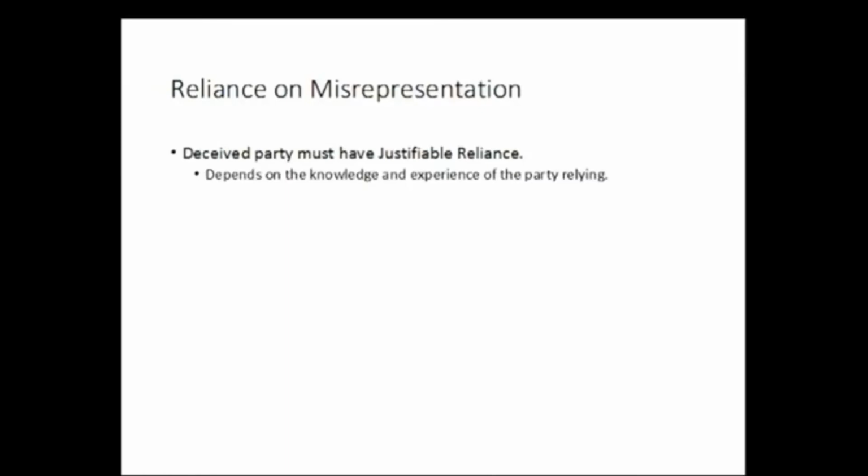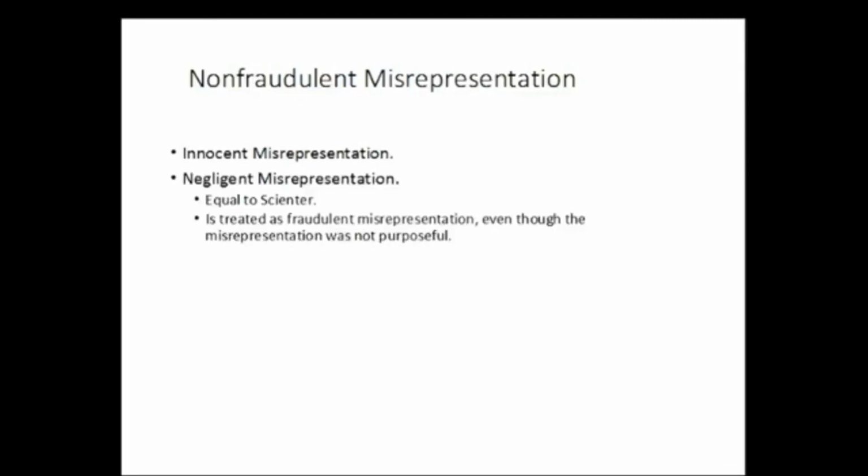Next, you have the intent to deceive. And scienter is the fancy name for intent to deceive. And this is where a party has knowledge of a fact is not as stated, but stays silent about it, or the party makes a reckless statement without regard for the truth, or the party implies the statement is based on personal knowledge or investigation. Those are all indicia of intent to deceive. And it has to basically be gross negligence in terms of determining if that is part of the intent.